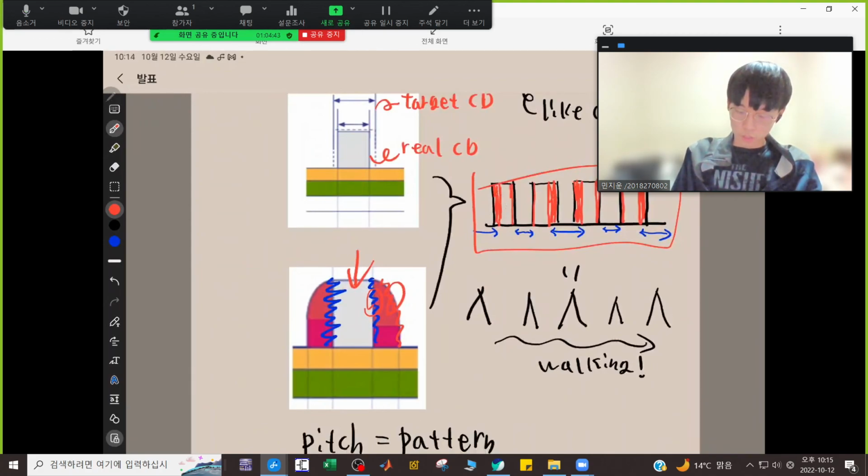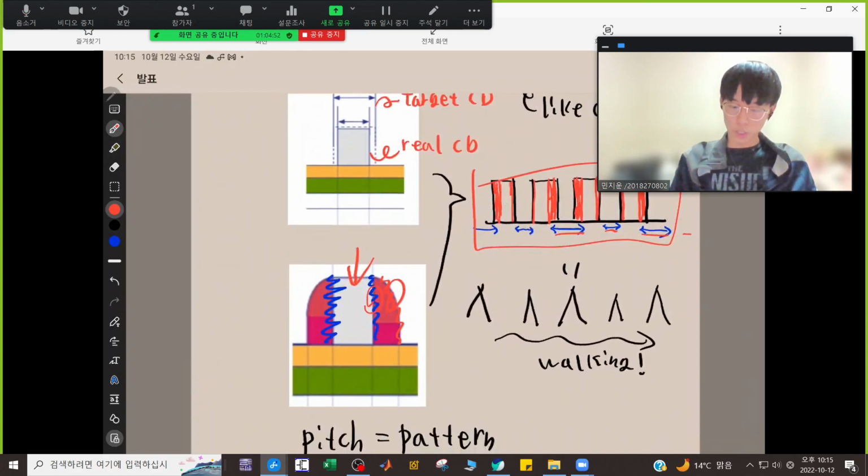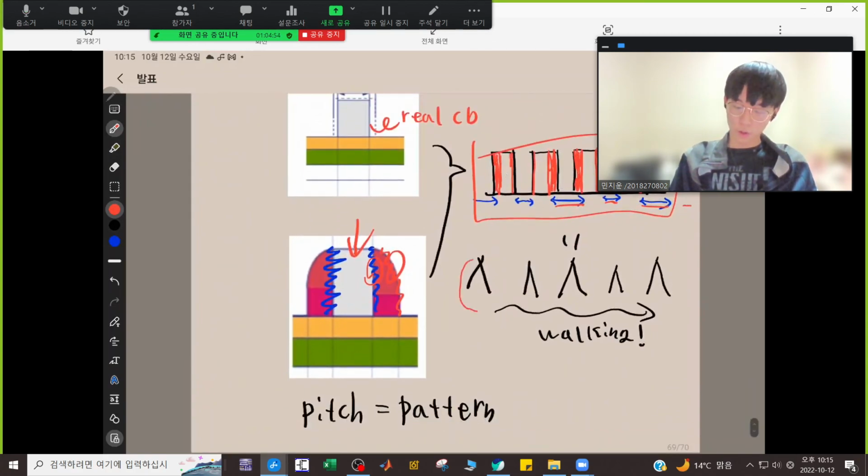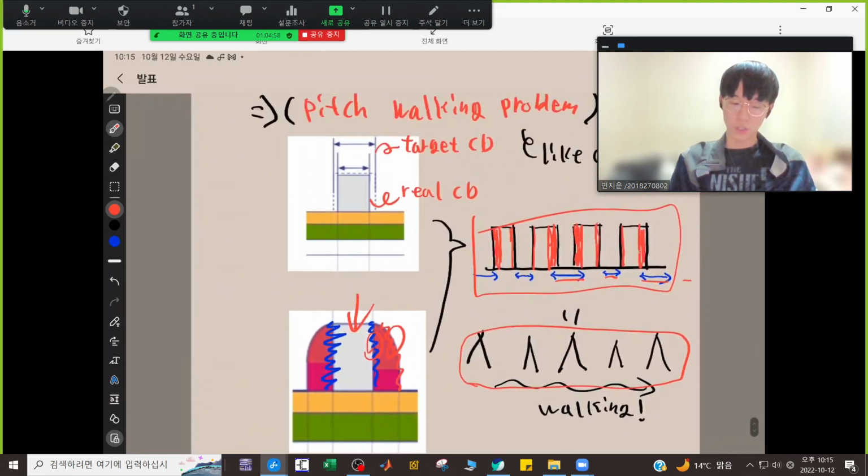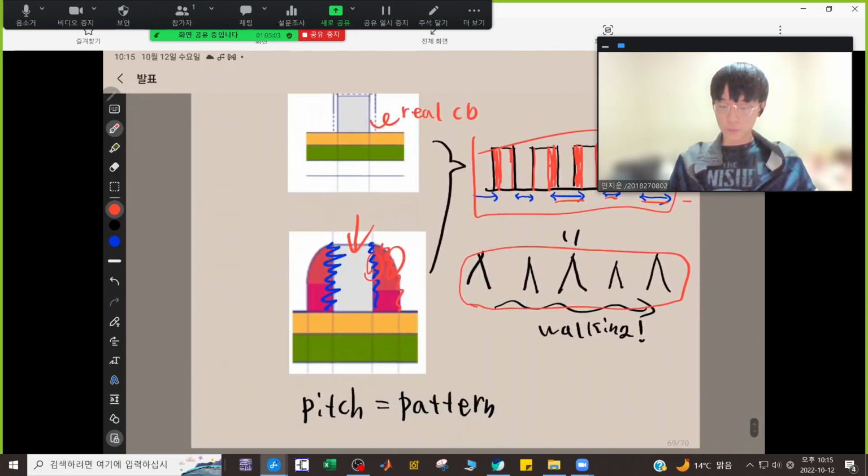So the pitch distance is long and small, and long and small is repeated. So this is like a human walking. So this problem is pitch walking,